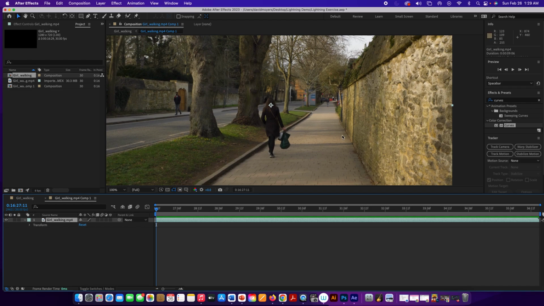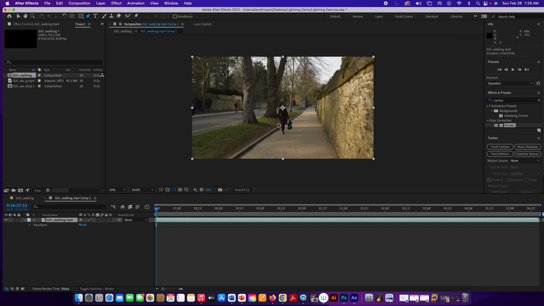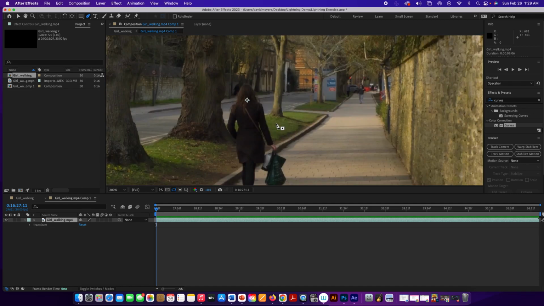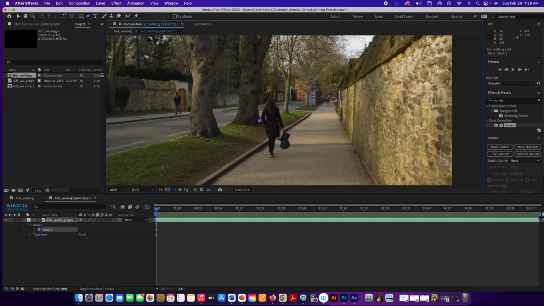And one of the problems with doing the mask like that is it didn't capture her cast shadow. So that's why I want to use the pen tool. Okay? And let's zoom in here so we get close. And we're going to start drawing around her. Now, you don't want to use too many points, but the closer in, the better, because it's going to take out. And I'm going to imagine that her cast shadow is somewhere here. We can't see it in this frame because of where she's located, but I'm trying to get in here somewhat close